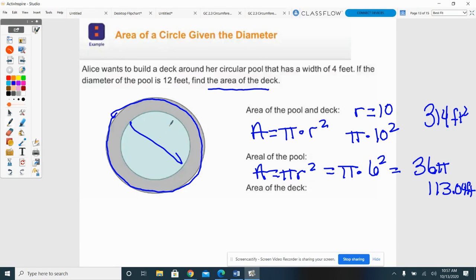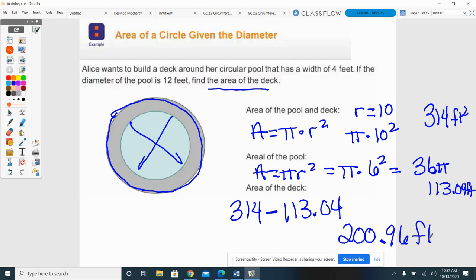But this is not part of my deck. So what I'm going to do is I'm going to take the 314, which is the big outside, subtract my pool. That's what donut problems do. They take out the middle of a donut, and you take 314 minus 113.04,